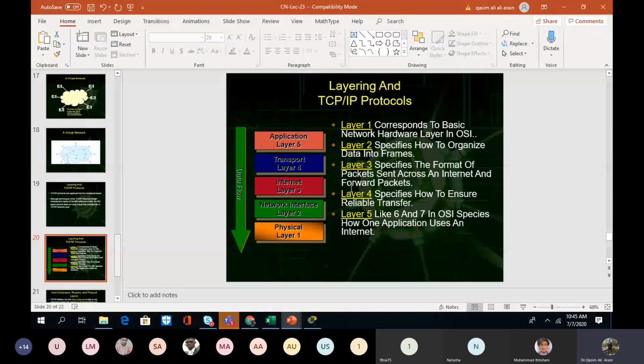So this is the complete layering architecture of the TCP/IP model. There are 5 layers in the TCP/IP model and there are 7 layers in the OSI model. What are the 2 layers which are missing from the OSI model? The presentation and session. The reason for those layers missing is कि